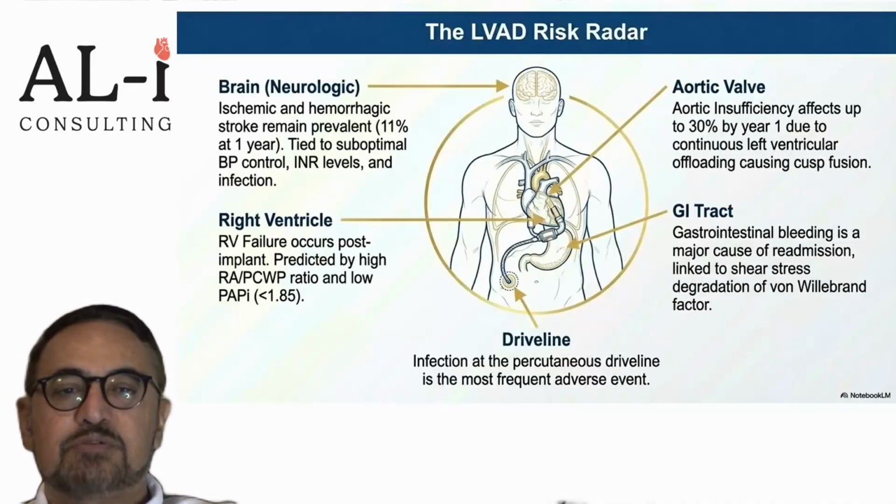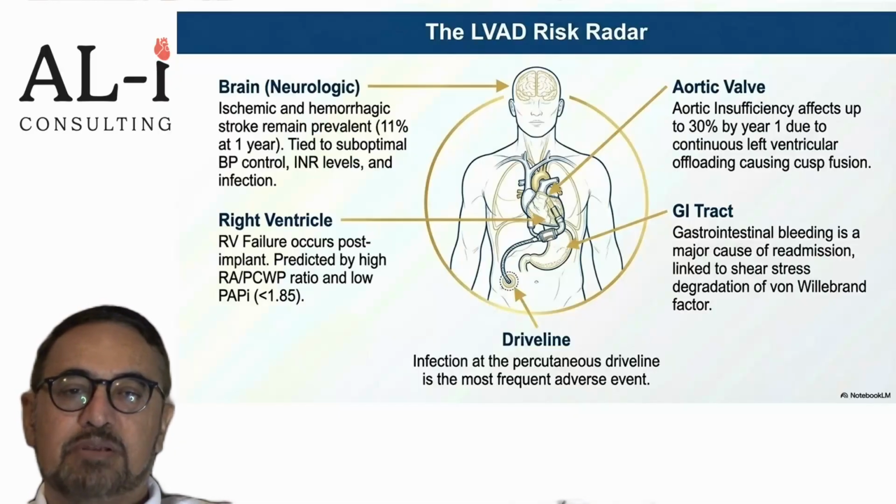An LVAD can transform survival, but it creates a new physiology and a new set of risks. Neurological complications remain important, including both ischemic and hemorrhagic stroke, often influenced by blood pressure control, anticoagulation, and infection. On the right side of the heart, postoperative RV failure is a major concern. Hemodynamic markers such as a high right atrial to wedge ratio, a low PAPI, can warn us about poor RV